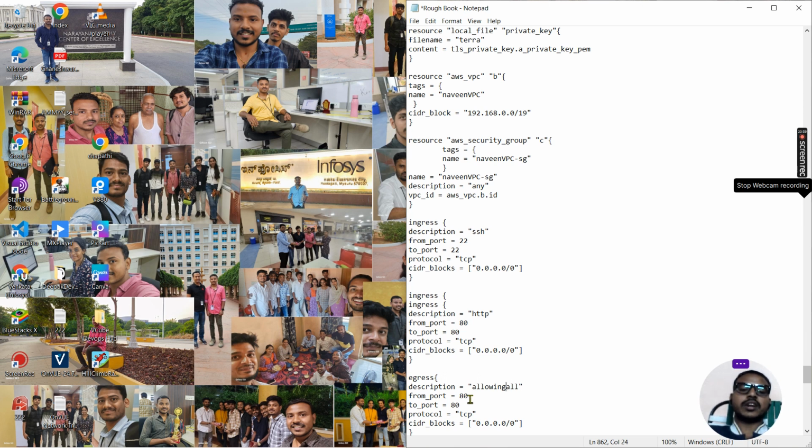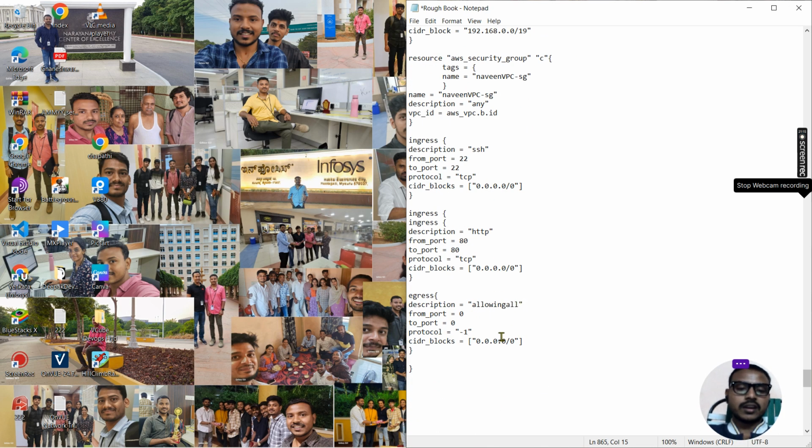This is outbound rules, right? See, for 80 give 0. This is also 0. For protocol, TCP, you should give -1. It means it's declaring allowing all. Okay. Then